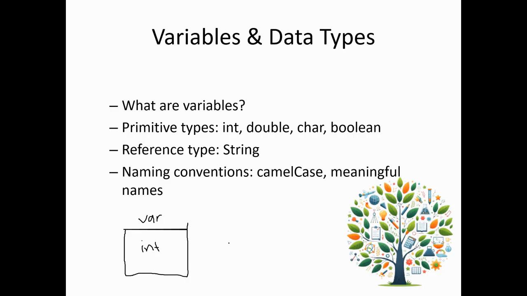You always have to define your data type in Java, unlike in Python. If you have been coding in Python, you'll notice that in Python you do not need to define your data types. And then there are also naming conventions. A variable is always named. So let's name this variable, because it's storing an integer. We can say store